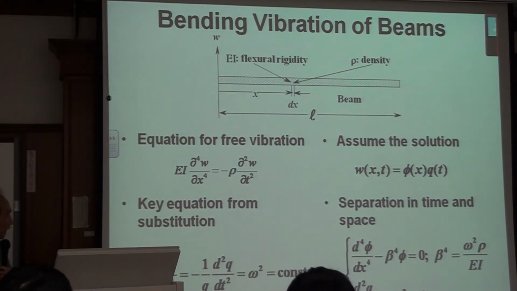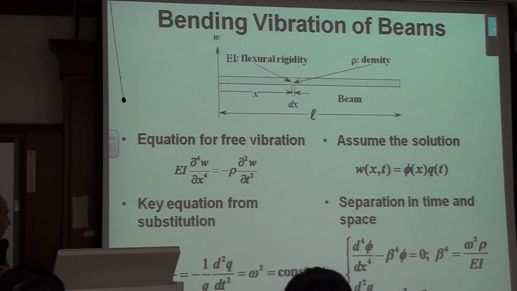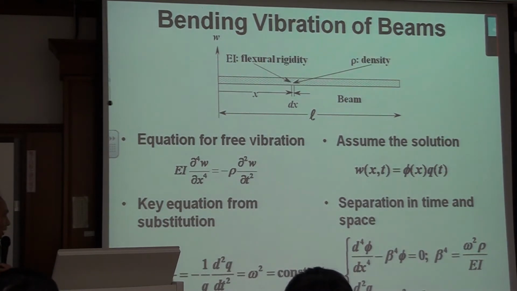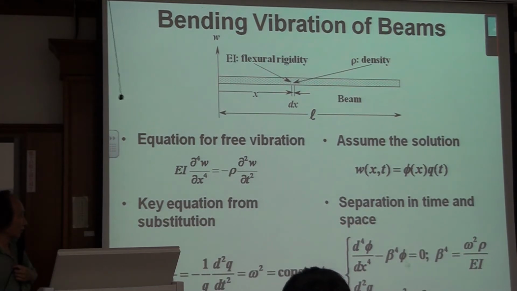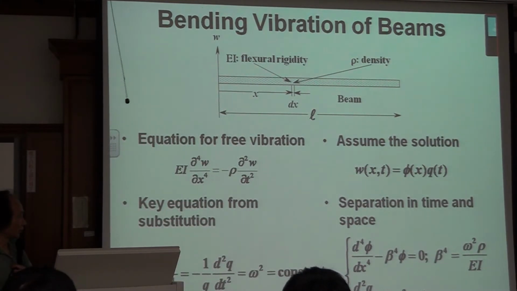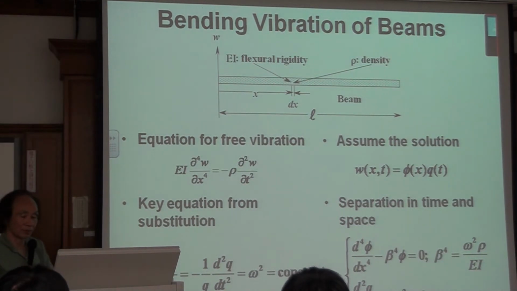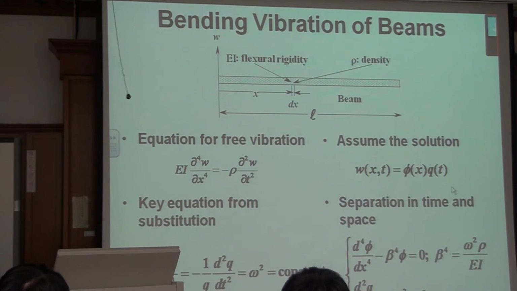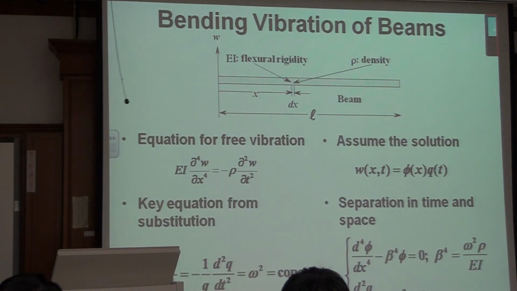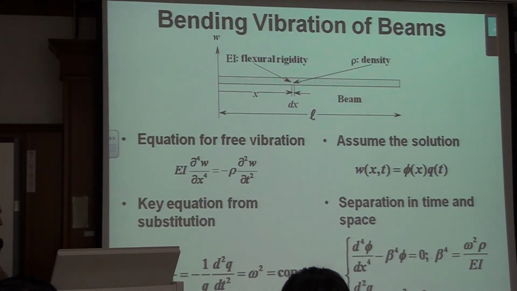So if that's true, then you will be able to find two equations. One is only x dependent, and one is only t dependent. The x-dependent is this, and the t-dependent is this. There are two equations. They are separate and independent. They are not coupled together, because that's again phi, again Q there. This is a way to solve partial differential equations. And from phi, you will be able to solve your shapes,